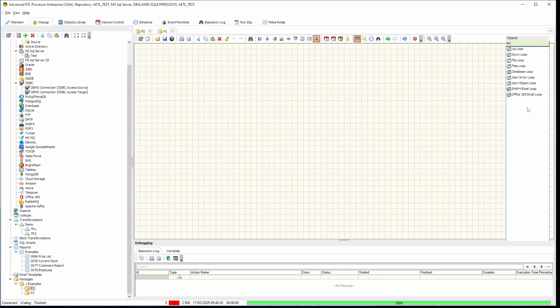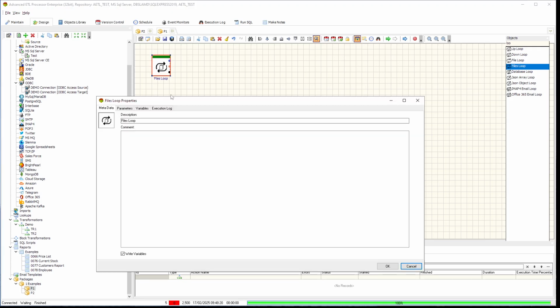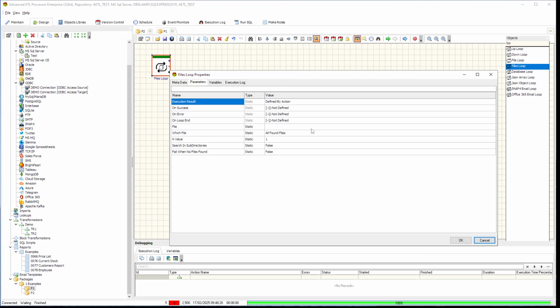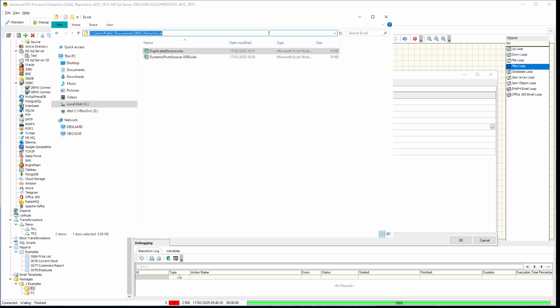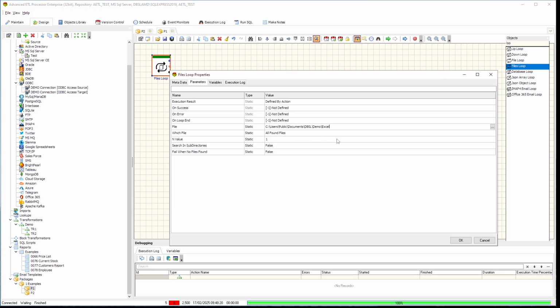So we have files loop, and we need to set some parameters. We need to set the file name. We just do that by using our files, which are actually in this directory. So just copy this path, put it here, and we say that